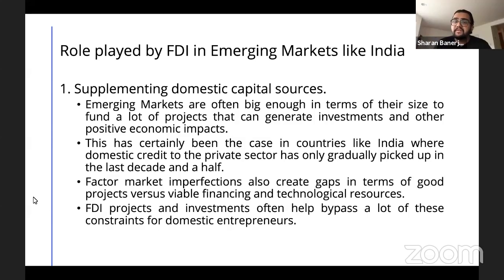There are also very important factor market imperfections. For instance, you are a firm that needs money, but domestic lenders might not be comfortable lending money to you because your risk rates are very high. So these market imperfections and gaps allow foreign investors to come in. They not only help alleviate these market imperfections into better market conditions, but they also recognize projects which they feel can push the economy to larger frontiers in terms of technology and markets, and can also give them very high returns, which is why a lot of them start investing into these